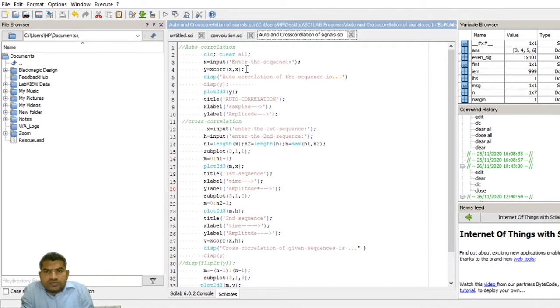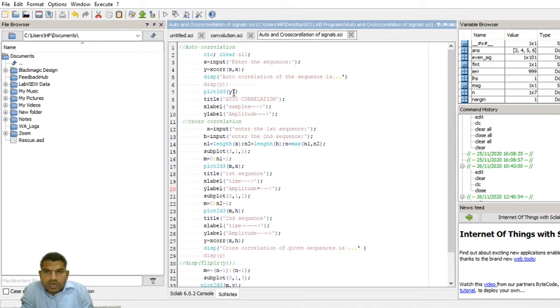The syntax we are using here: y is equal to x cross correlate, so autocorrelation means xcorr of x comma x. This is the syntax. Display autocorrelation of the sequence. Display means the output y is displayed, and plot the output y.